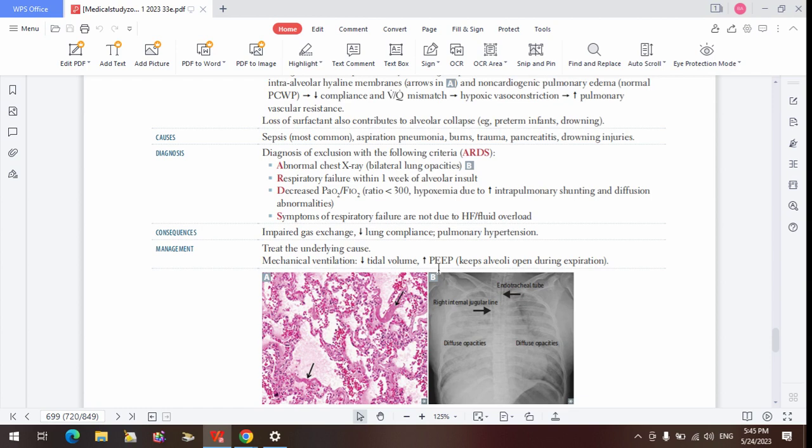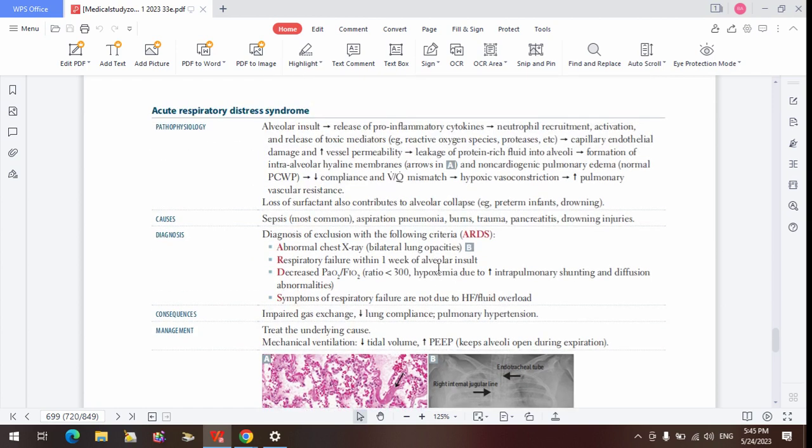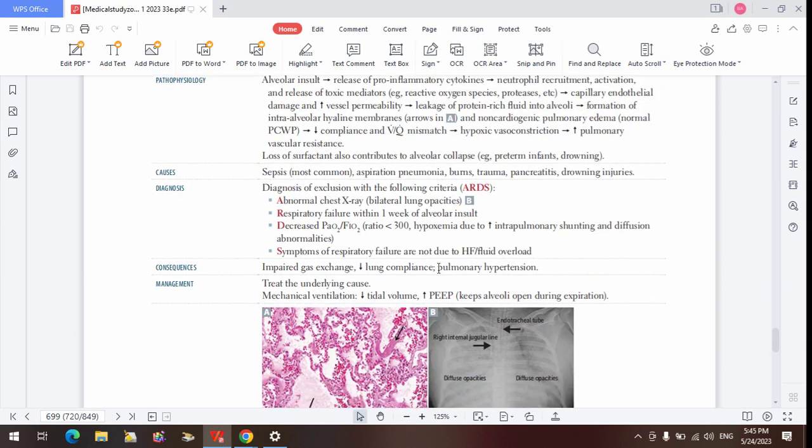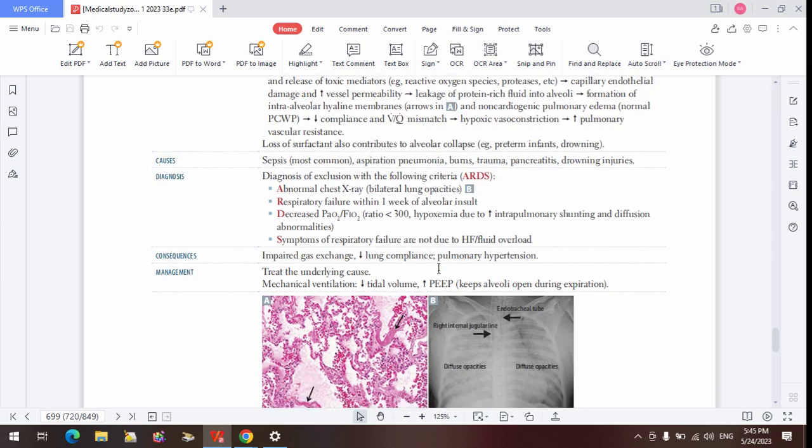So the idea of all this is just to ensure that the airway remains open. Because in people with ARDS, we said that they have alveolar collapse due to increased surface tension. You remember that surface tension is a force that is bringing it inwards, making it close up. So you deliver pressure within that alveolar that is more than the surface tension, so that it doesn't close up. That's your PEEP.